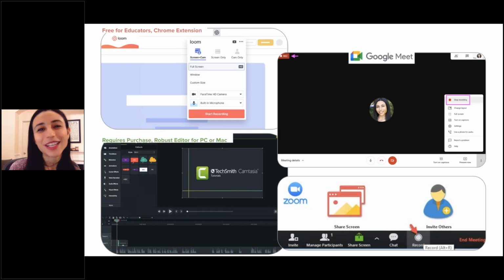All right, so again, I'm presenting 4 options here depending on what you need for screencasting. When it comes to screencasting, there are a lot of options out there. If you're a Google school already using Google Meet, and if you already have the ability to record, not everybody has the ability to record in Google Meet, but if you do, you would see it under your 3 dots and you would be able to record. Everybody who's using Google for Education right now should be able to record in Google. They've made that available for this year.